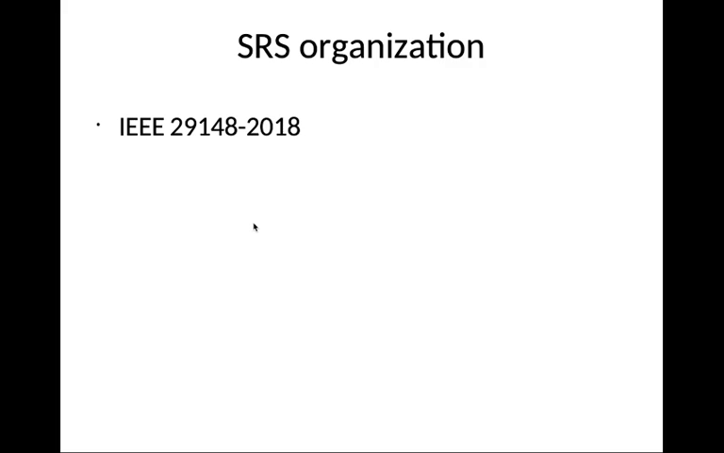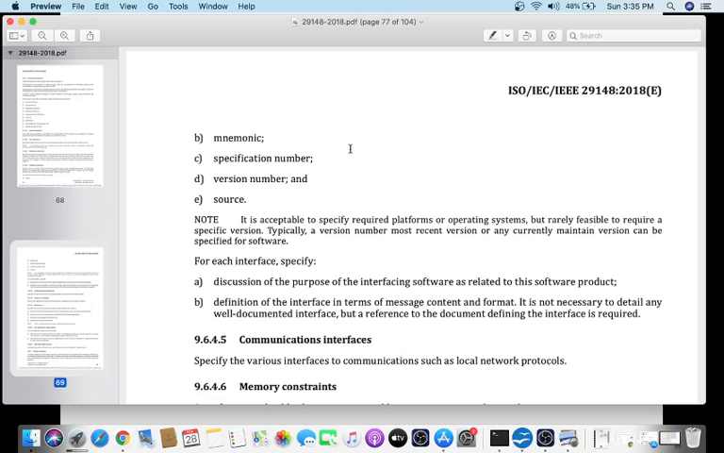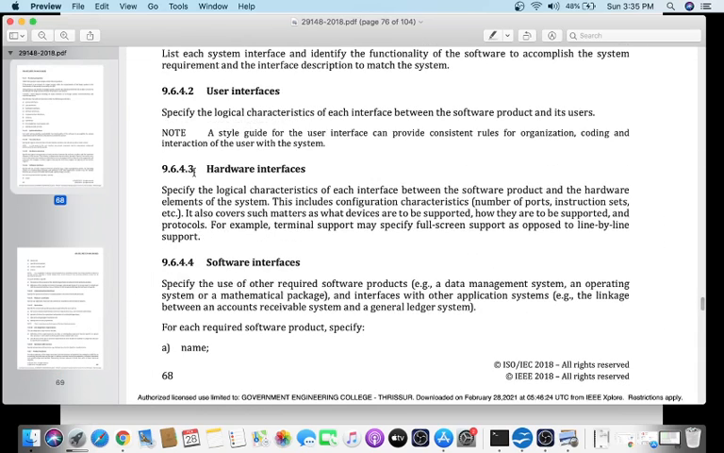There is a standard for this SRS, a standard way to organize these requirements. This is the IEEE 29148 standard that is currently used. It was developed in 2018. So if you check this,